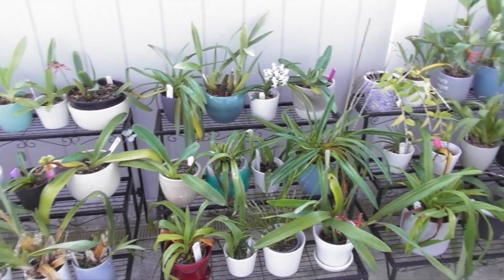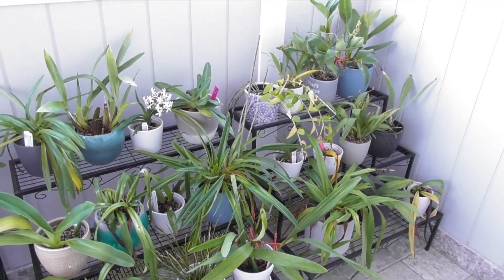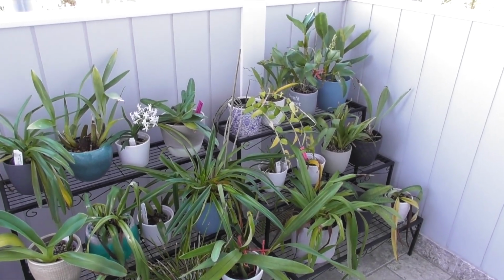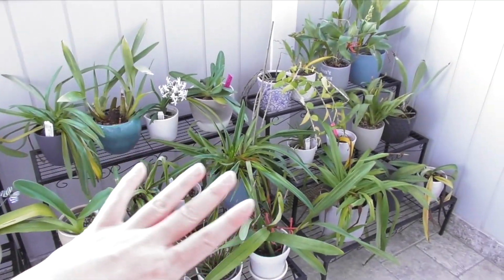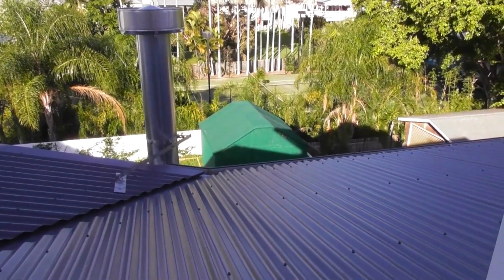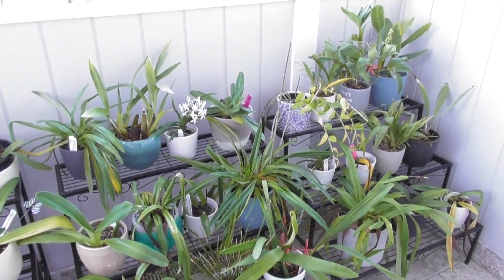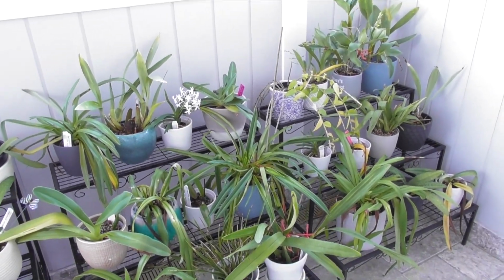It's been a really long time since I last posted. Quite a lot has happened in that time. I think I've maybe only posted one or two videos from this house, but we moved in about October last year and this is my balcony grow space. So I'm just hoping to show you the orchids that have been living up here at the moment. My backyard is down there and there is the shade house in the backyard. The orchids in these two spaces are actually doing really well despite me doing very little, because one of the